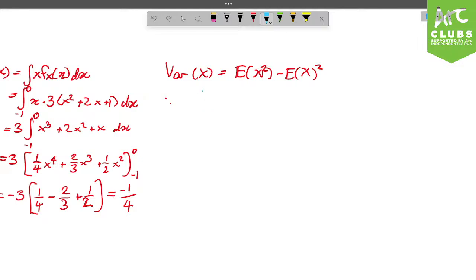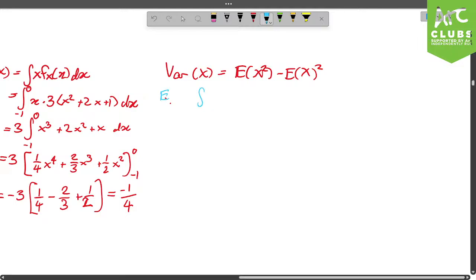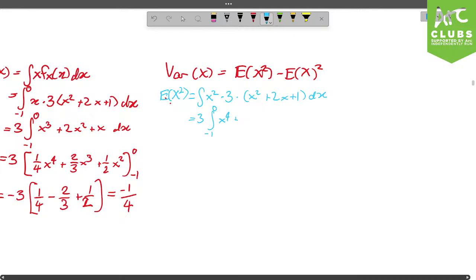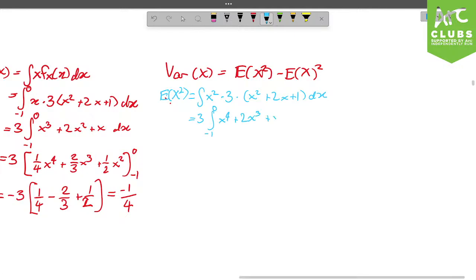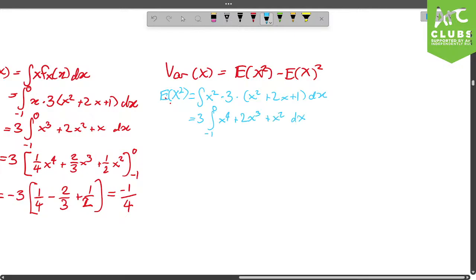Well, I guess we just have to find the expectation value of x squared. That equals x squared multiplied by 3 multiplied by x squared plus 2x plus 1 dx. Well, we can just go through this. 3 integral from -1 to 0 of x to the 4 plus 2x cubed plus x squared dx. Just chuck this in as